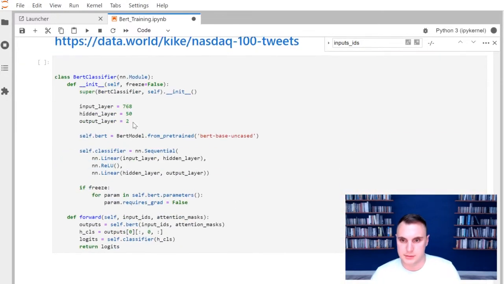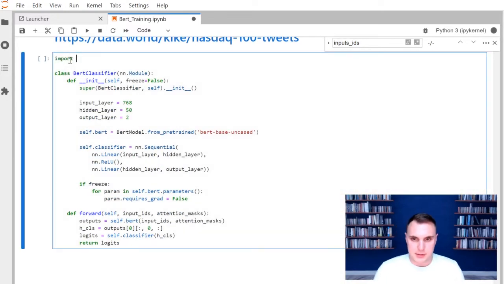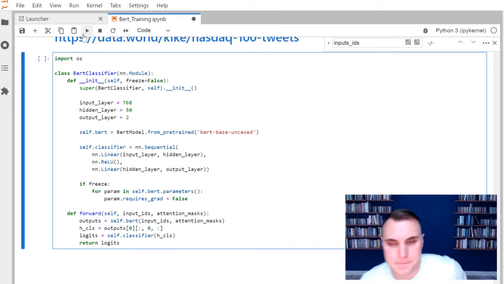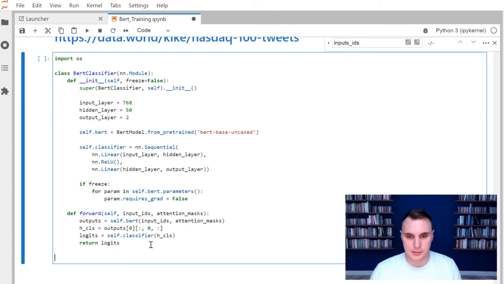And scroll back down to the bottom. The only one that's not in there is OS, I believe. And so we're going to import OS there. Okay. Now, if you want to define the model, what you need to do is you can just say model